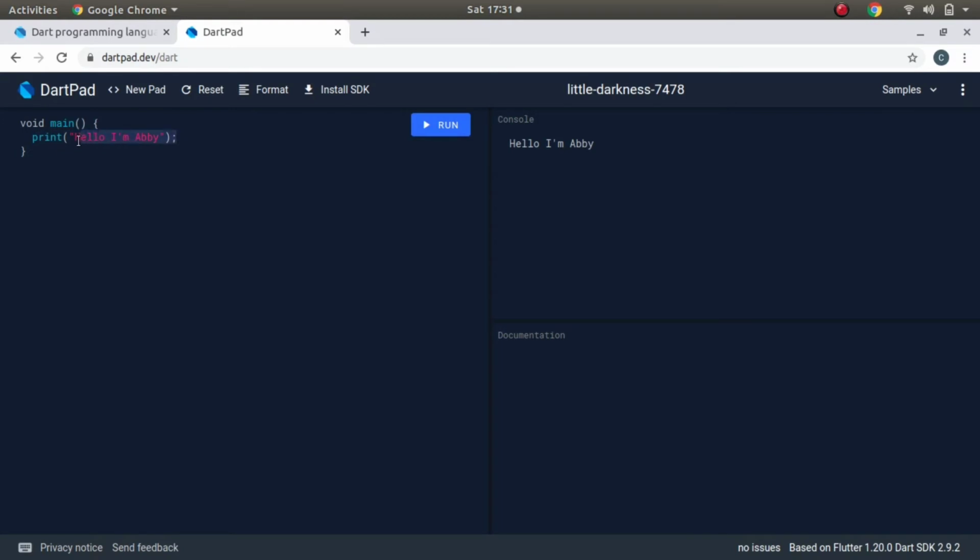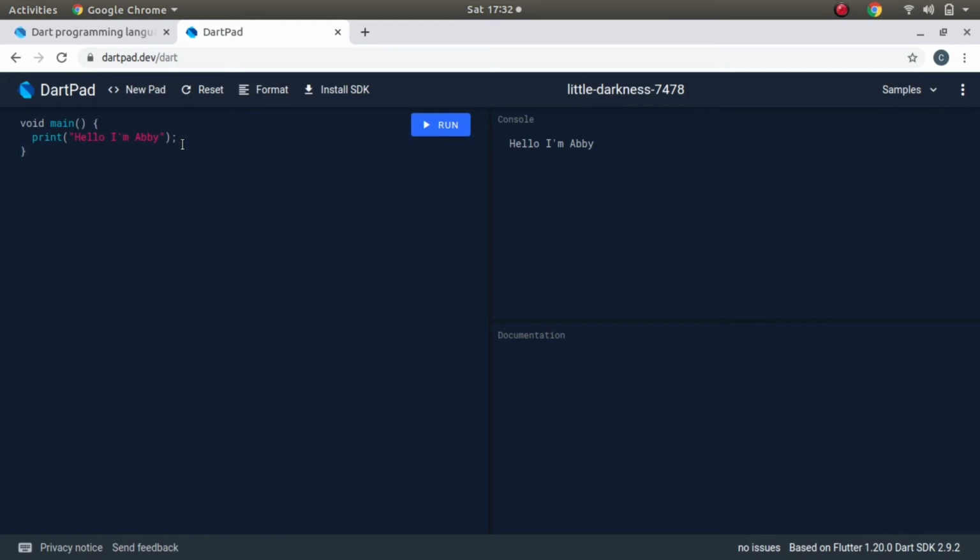This is our single line code. If we have to print anything, if we have to print this hello I am Abby string, you can write your own name, then I have to write this keyword print necessarily and include this hello I am Abby statement inside the opening and closing parentheses, also inside the double quotes, followed by a semicolon. So this way of writing is nothing but a set of rules instructed by the creators of the Dart programming language, and this is the syntax which we have to follow.